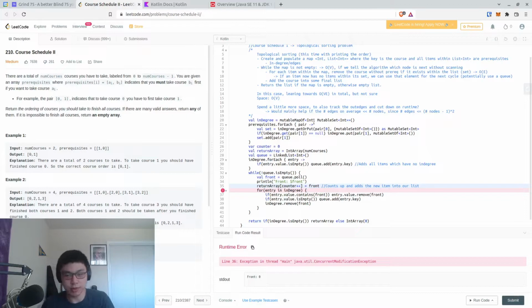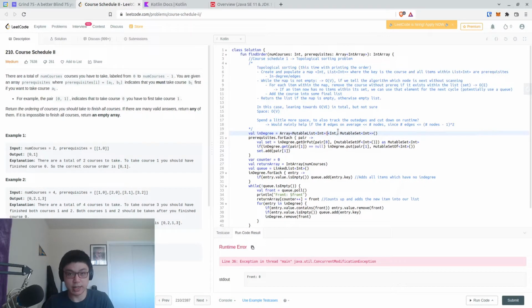Well, I mean, there's no reason that we can't. If we had an array of mutable list int of size num courses,